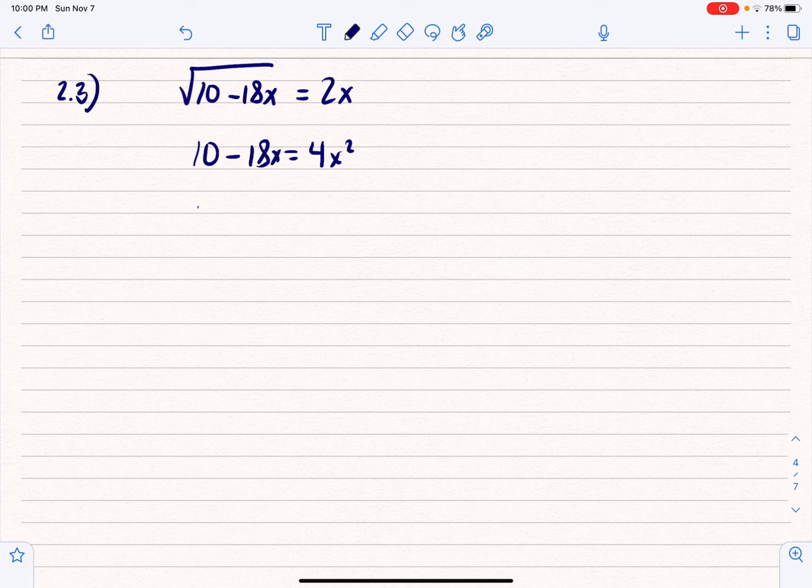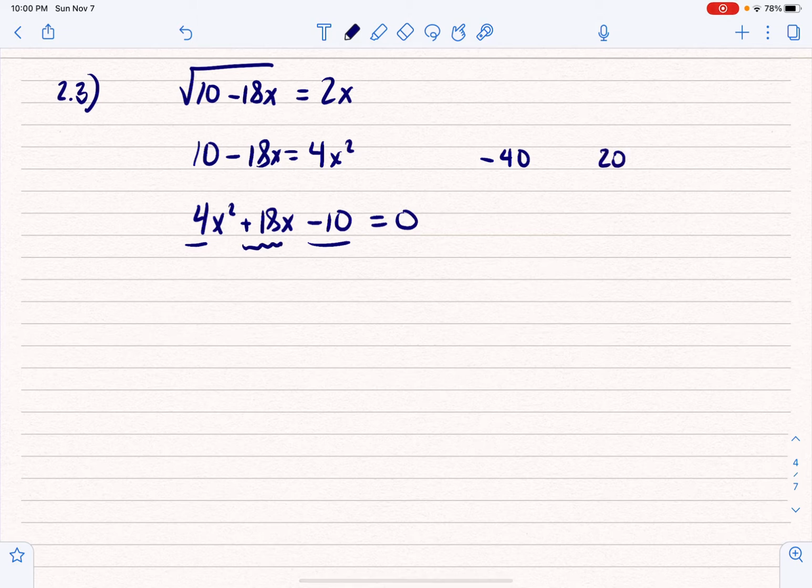Push everything to the same side as the 4x squared. So I have 4x squared plus 18x minus 10 equals 0. 4 times negative 10 is negative 40. Factors of negative 40 that add up to be positive 18 would be positive 20 and negative 2. So I'm going to split that 18x into those two values and say plus 20x minus 2x minus 10 equals